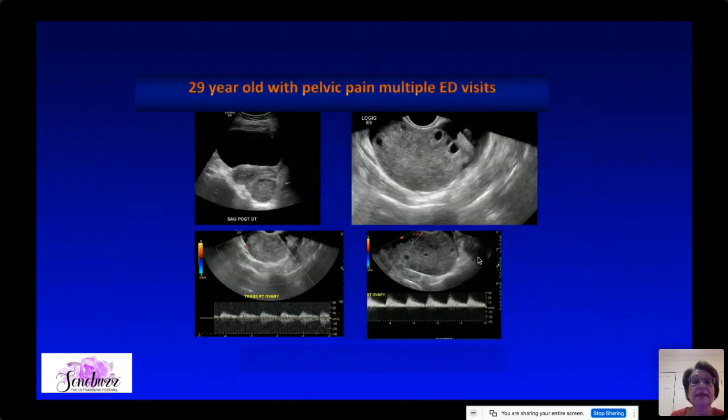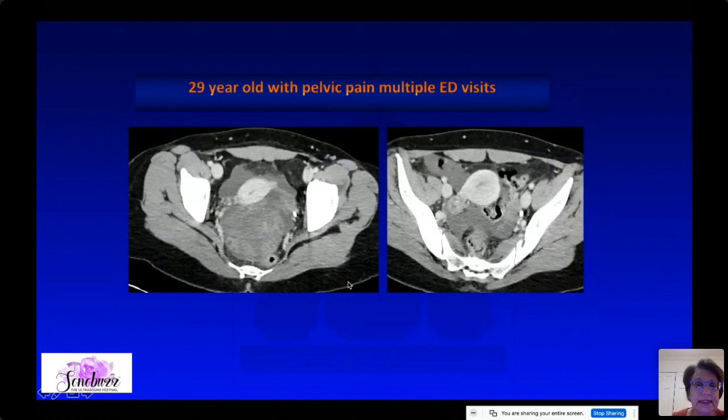This is a 29-year-old woman who has had multiple emergency room visits for pain. And if you look at the ultrasound, there's a lesion in the cul-de-sac, and this has all the classic findings of ovarian torsion with the peripheral follicles with echogenic borders. But this was in an outside hospital, and they were confused by the fact that there was flow in the ovary. So they didn't think about the diagnosis of torsion because of the flow. And if you look at the CT, she does have